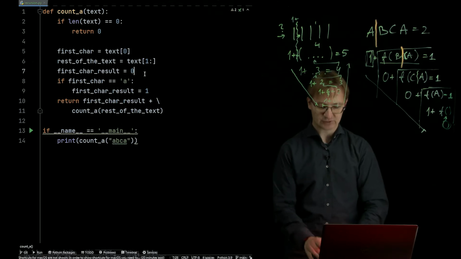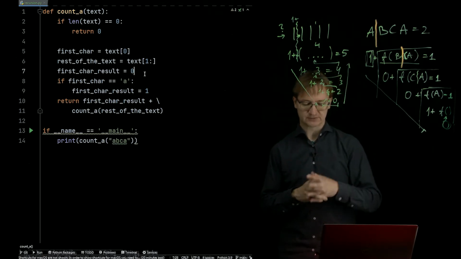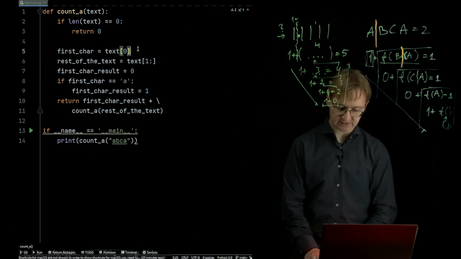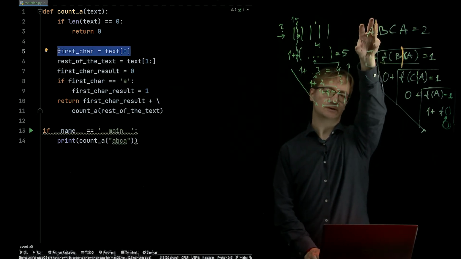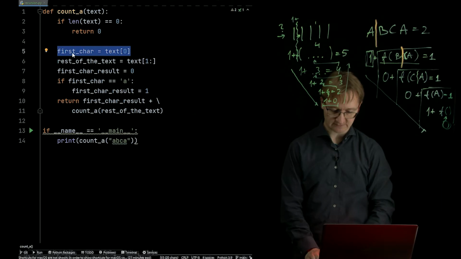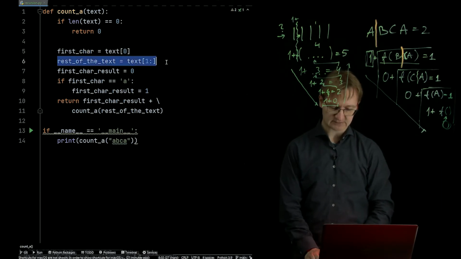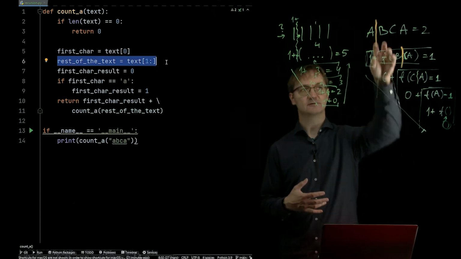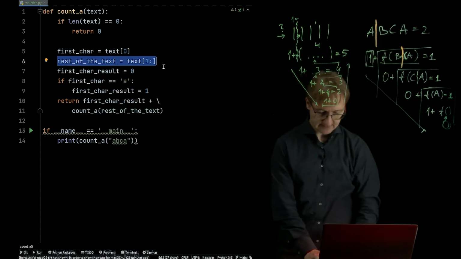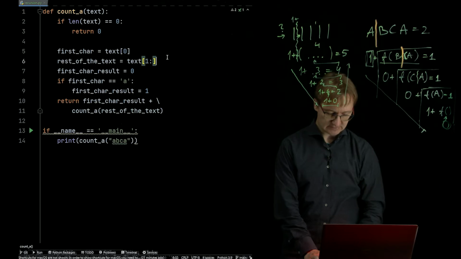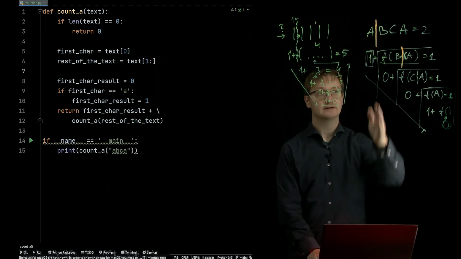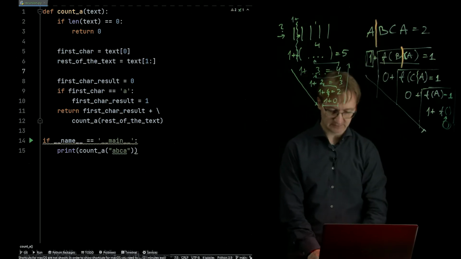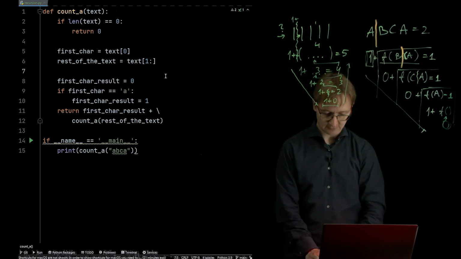Then we do some splitting. Basically, first we take the first character. This is the part that I'm trying to solve first. So I take the first symbol, and then I take the rest of the text. The rest of the text is basically a slice starting from the second symbol. So this is splitting. Basically, we divide this string into 2, as I've split it here with my different color